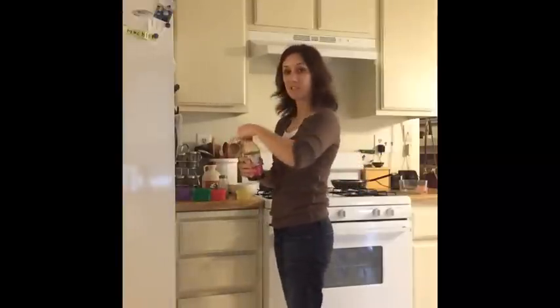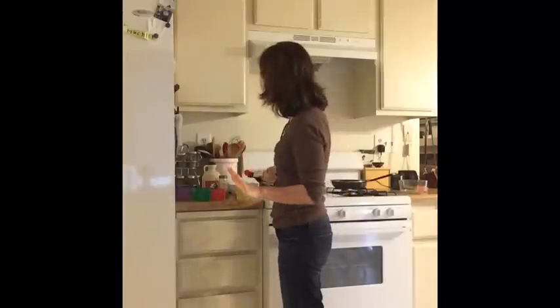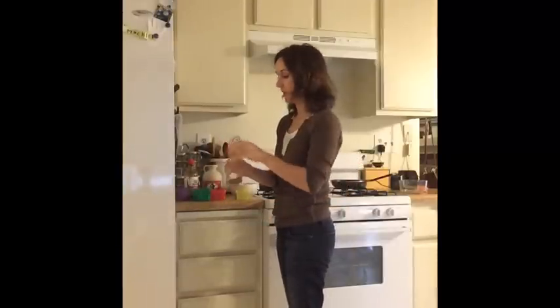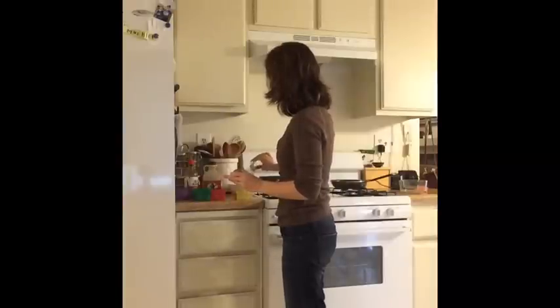And then I sweeten it because I'm not using brown sugar or anything like that. I'm just going to take some vanilla. I am not a chef by any stretch of the imagination. We just do what tastes good, okay? So I'm going to go with some vanilla, a little bit of cinnamon,